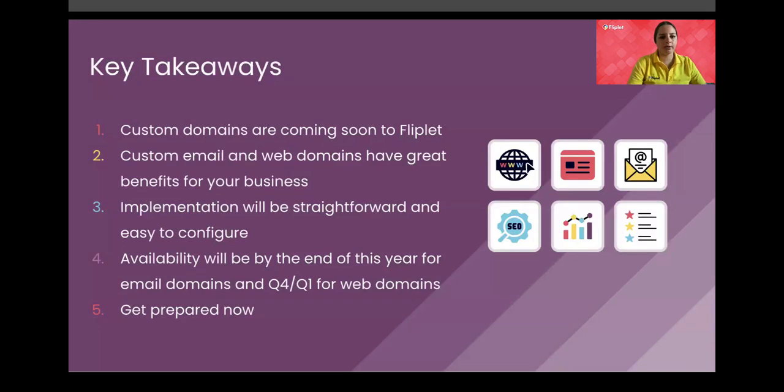Key takeaways. So our custom domains are coming soon to Fliplet, as we mentioned, very soon. Custom email and web domains have really great benefits for your business. The implementation is super straightforward and easy to configure, as we showed you with our quick demo. It sits in your settings. It's really easy and straightforward to use. Both of them will have that similar interface where you can quickly set up and do your configuration without too much effort. Availability for both will be by the end of the year,